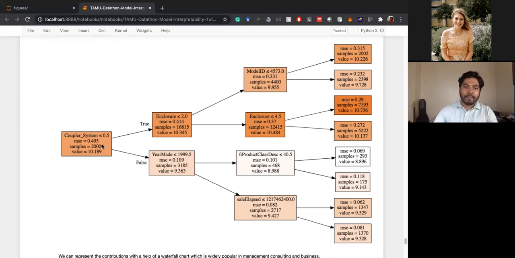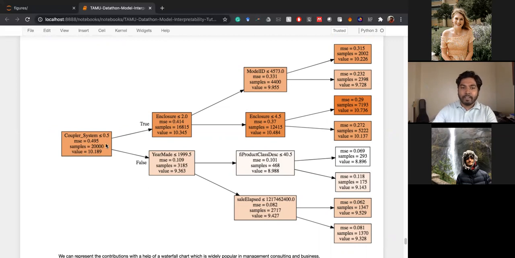So this is the average value of sale price across our whole data set. Now the coupler system being 0.5, if the coupler system is less than 0.5, then the sale price value becomes 10.345. And at the same time, if the enclosure is less than 2, then we reach here,